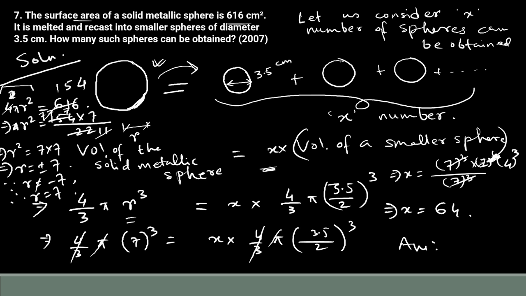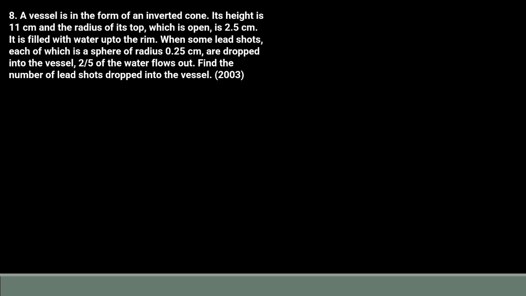The answer is 64. That is the number of such small spheres that can be obtained from melting and recasting this into smaller spheres. So melting this big solid metallic sphere, it can be recast into 64 smaller spheres. Okay, so now